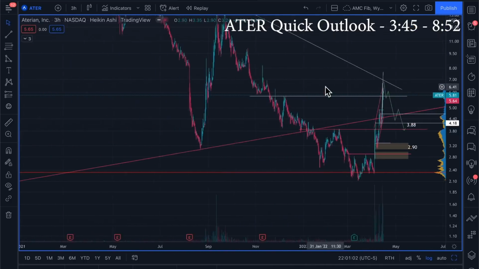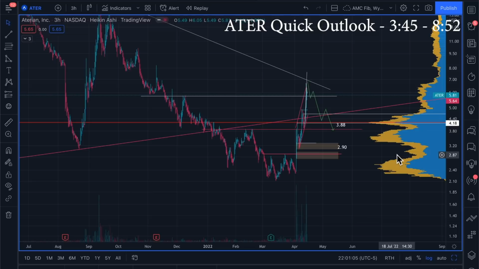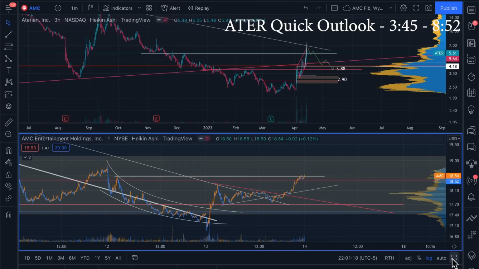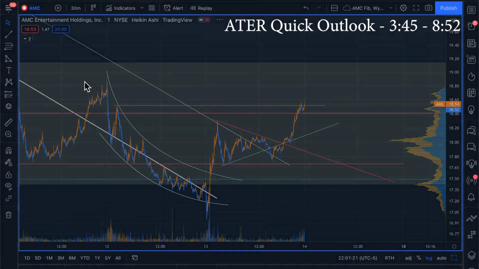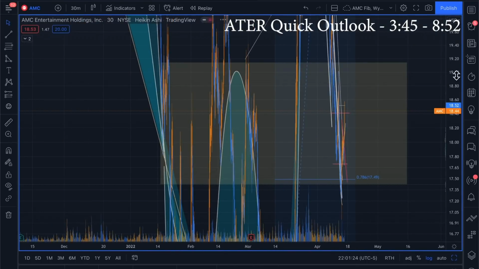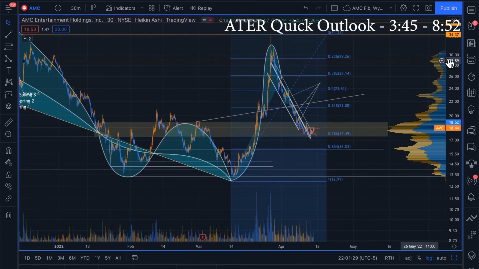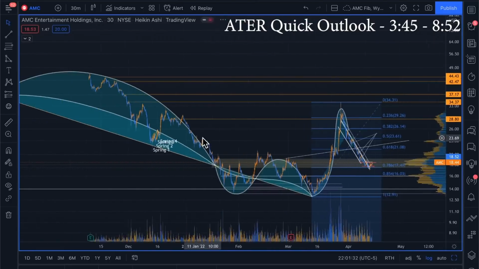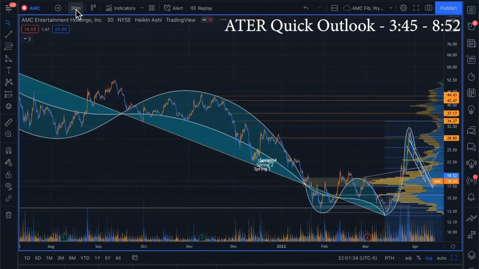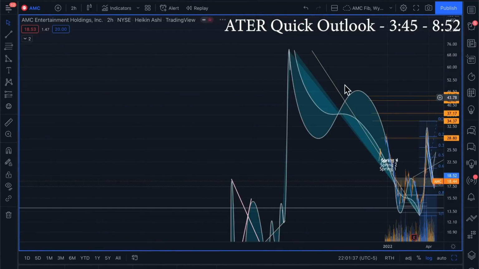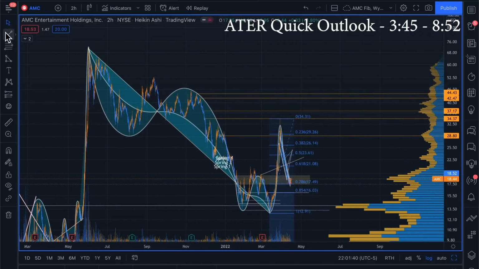And originally I had looked at this and thought, if it's the same composite, it's probably going to want to go get these shares and so on and so forth. Well, here's the thing. AMC did go get those shares and it went down and our range was 17. So if you want to look at a comparison, if you're thinking there's no way ATER is going to stop running, and granted, they're different stocks, but remember that a big part of the reason why at least I think that we stopped where we stopped is because that is the macro trend line.